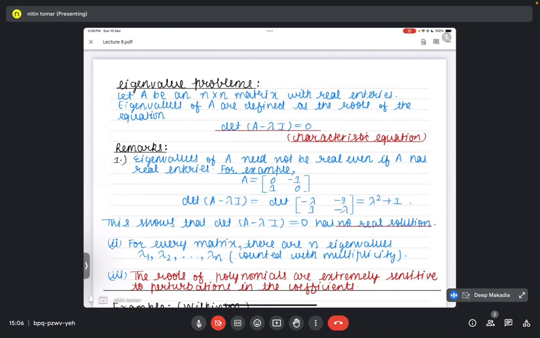let A be an n cross n matrix with real entries. As we are already taking in this course, A is always a square matrix whose entries are coming from the real numbers. Now, eigenvalues of A are defined as the roots of the characteristic equation, which is given by,